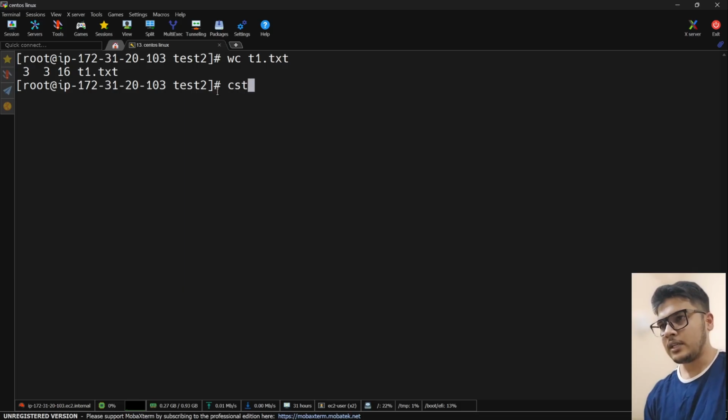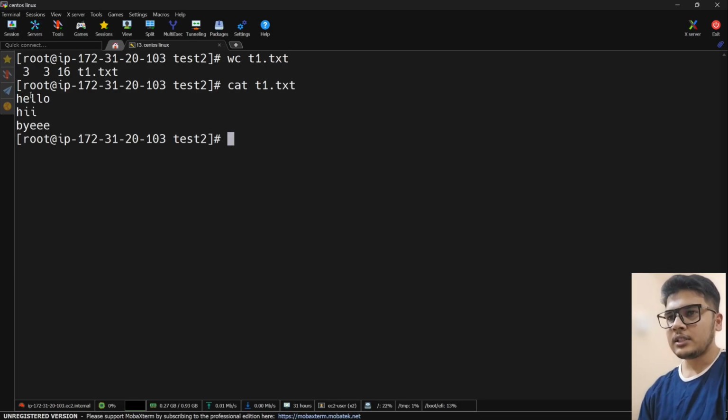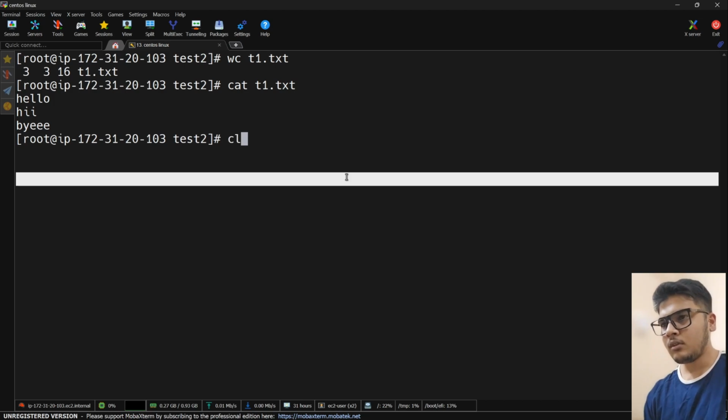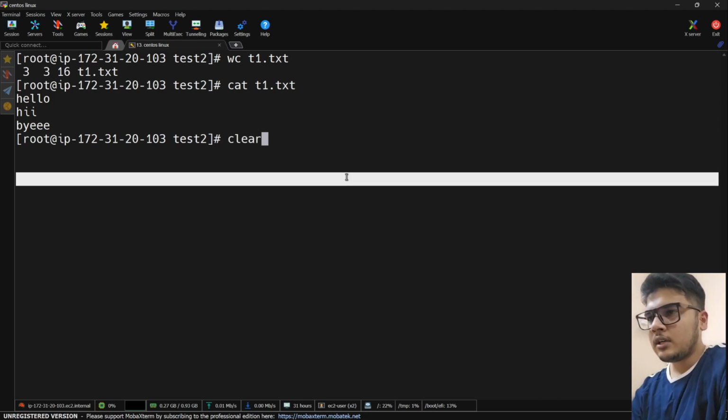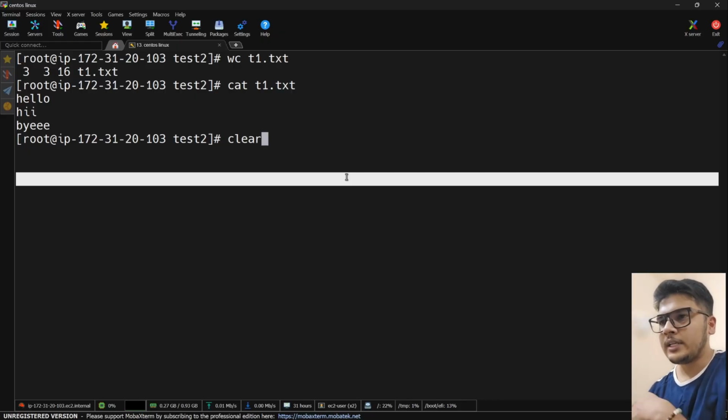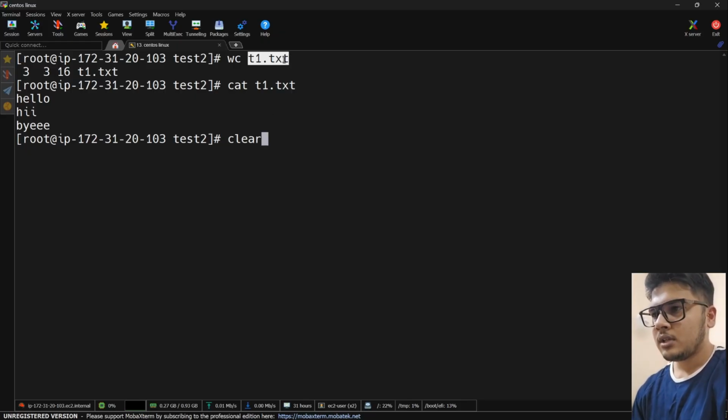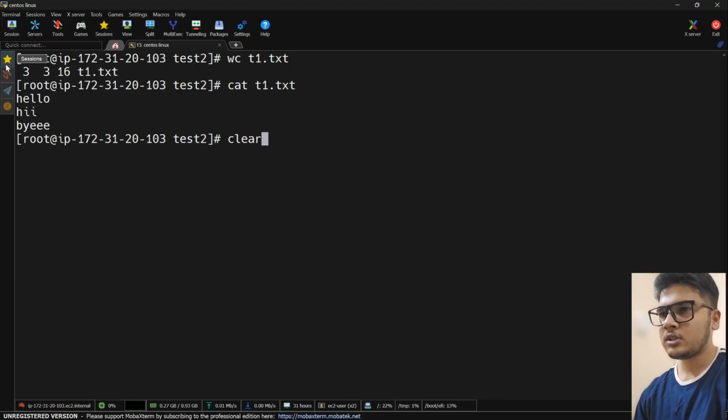If I see the file, I can see I have three rows. All the rows have one word. So three words, and the file name here. And characters are 16. Now the wc command took the file name as input. So this is an argument. Also, it can take